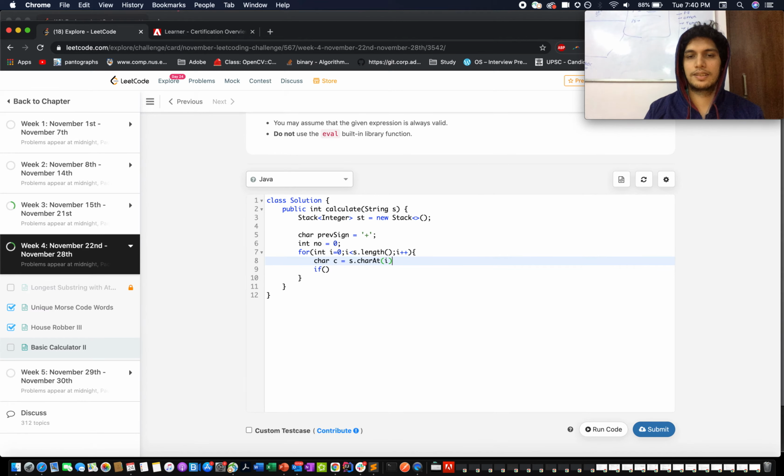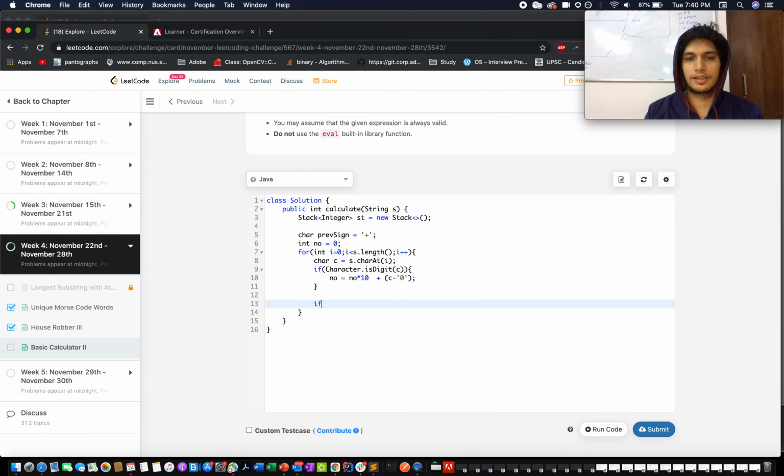and in case that character is a digit, you will form a number out of it. This is the standard way of creating a number, minus '0', because that will subtract the ASCII value of the 0th character from the current character.